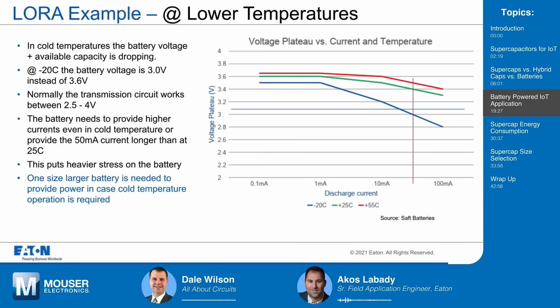In terms of the temperatures as well, we didn't consider the temperature effect yet for the calculations. We are taking into consideration a water meter, which normally is installed in a place that doesn't go below freezing point, for obvious reasons. Well, what if it's a temperature sensor, or maybe a pressure sensor, installed in the field and delivering mission critical or safety critical information, and it has to work maybe at minus 20 degrees Celsius or even below? Then the battery will obviously suffer more during the operation, especially when it needs to deliver the